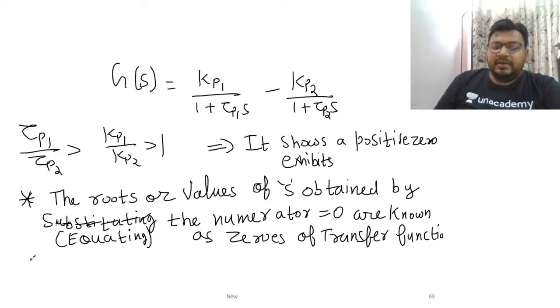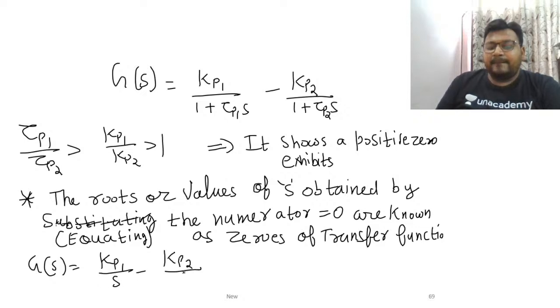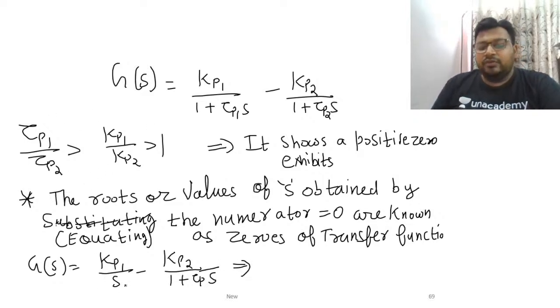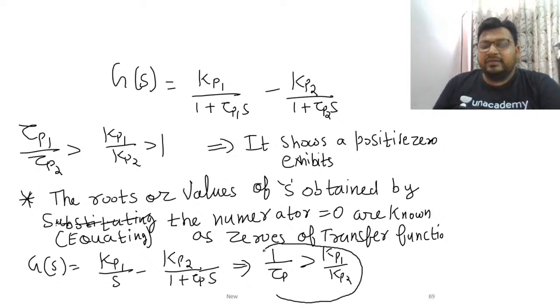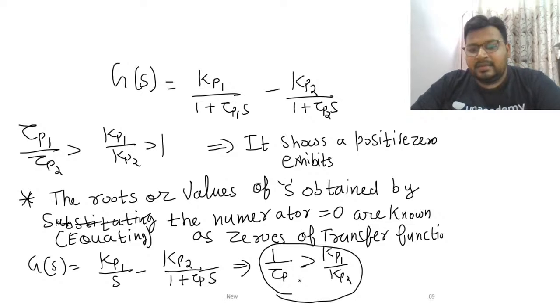Okay, but if the inverse response is between a purely capacitive system and a first order system, then the condition will remain the same, but here because tau is not defined for the purely capacitive system, I can take 1. So 1 by tau p, if I write tau p, then tau p is greater than Kp1 by Kp2. In that case, this is the condition for the inverse response. ठीक है, if tau p is not present and a purely capacitive system is there.